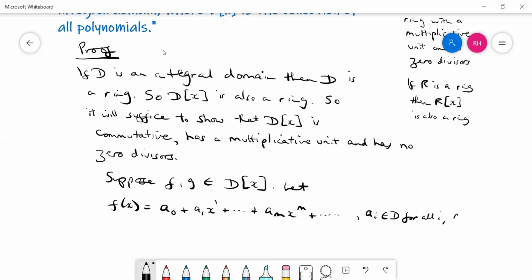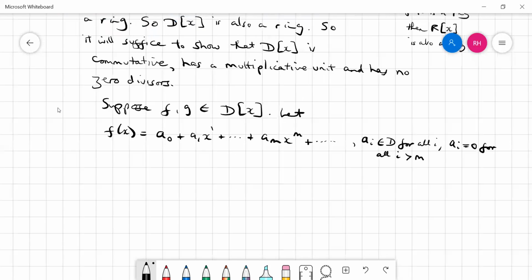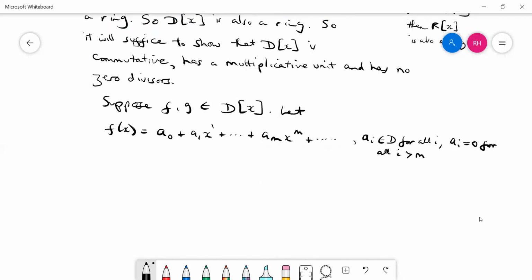I'll also say that ai is equal to 0 for all i greater than m. So I'm saying this polynomial goes on forever, if you like, but all of these past m have a coefficient equal to 0. So it's exactly the same polynomial. It will just suit me better, I think, in the way I set things out. So this is the sort of thing that comes with a bit more experience. And here, of course, m is a positive integer, could be 0 as well, I suppose. Okay, and